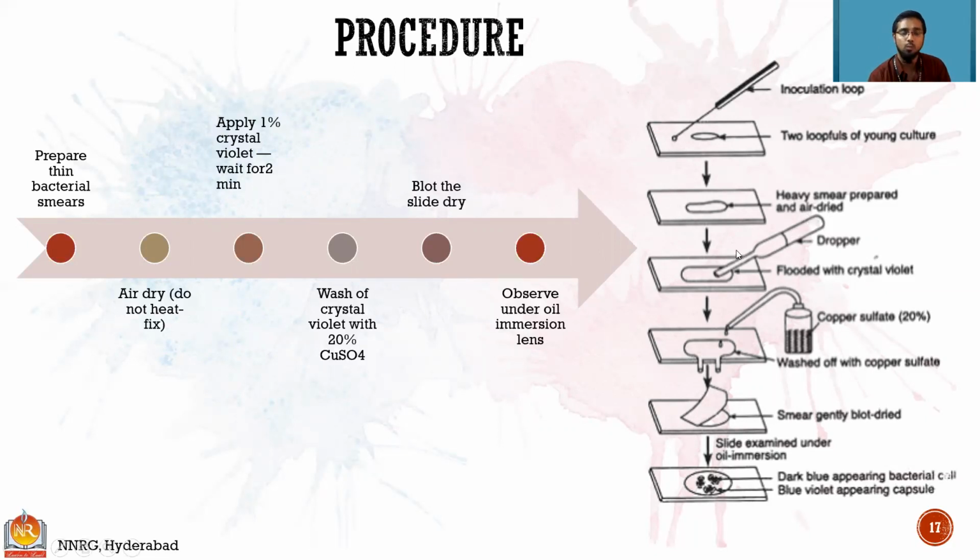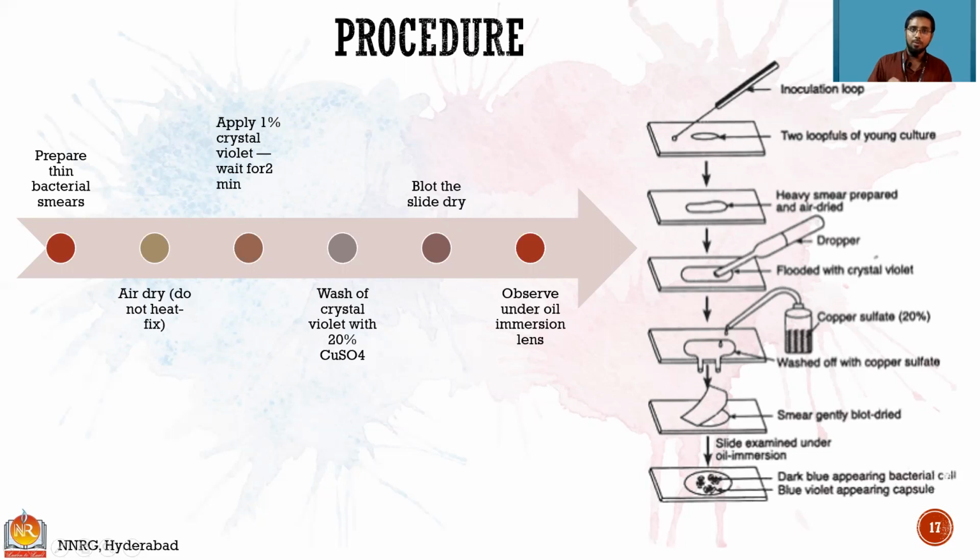What is the percentage? 1% crystal violet. After that, copper sulfate solution is added. This copper sulfate solution should be added in excess so that the excess crystal violet binds to the copper sulfate and gets removed. So wash the crystal violet with 20% copper sulfate, and then take another slide